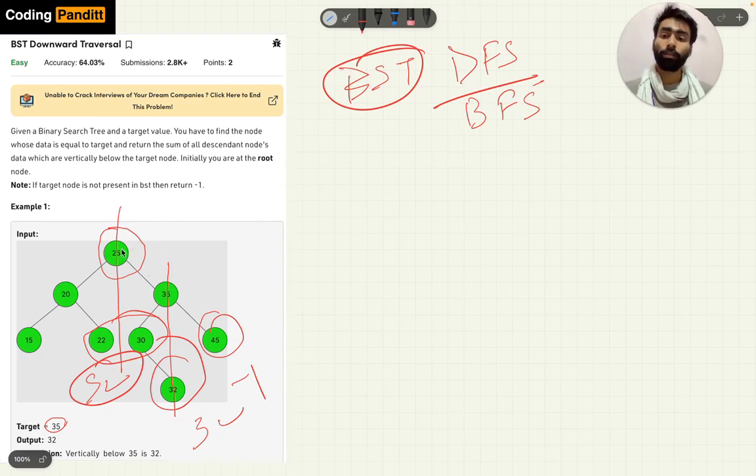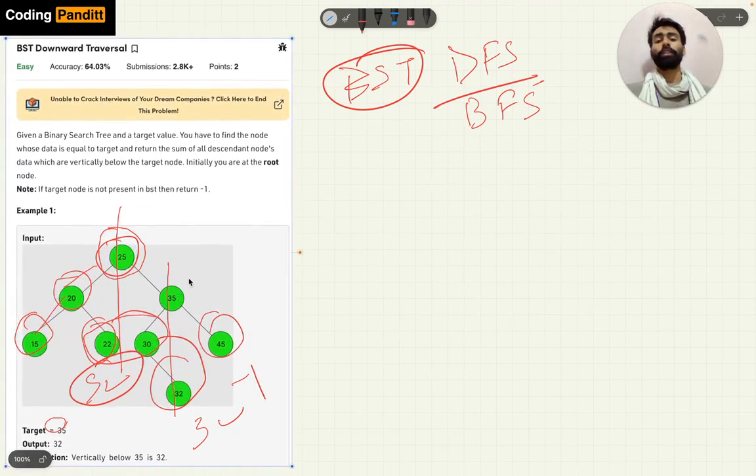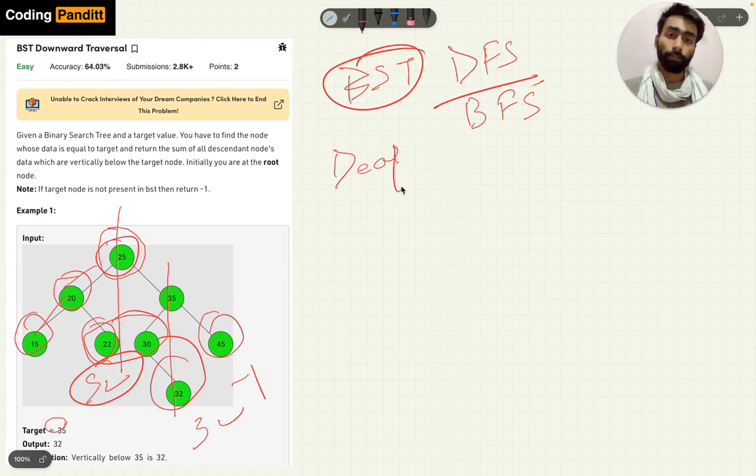If we start from here, first we traverse to 20, then to 15, and when we reach null, we come back to 20 and go to 22. When we find null there, we traverse back to 25 and go to 35, and we repeat the process. This is called DFS, that is depth first traversal.